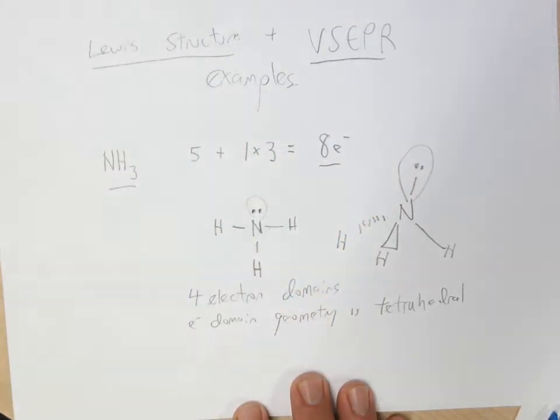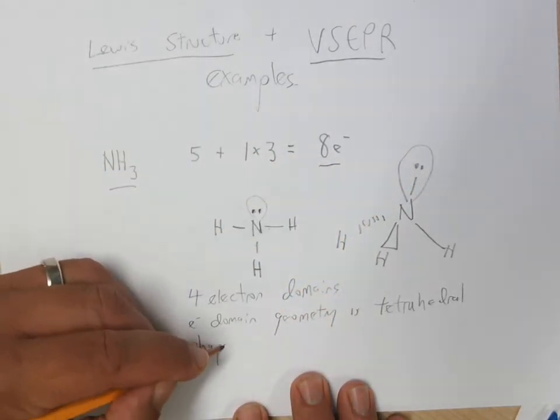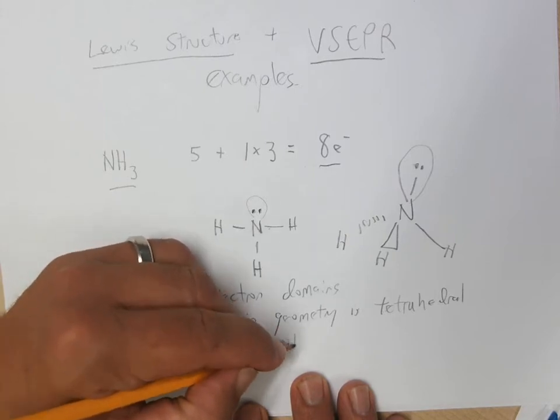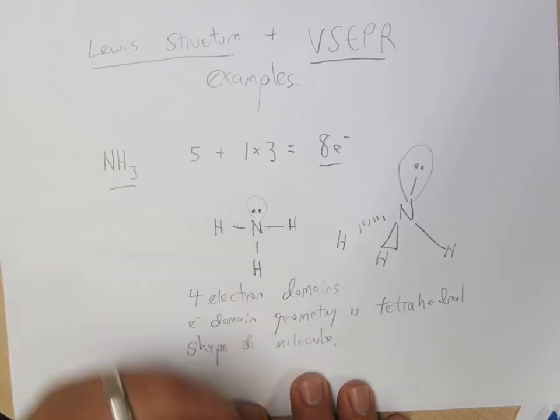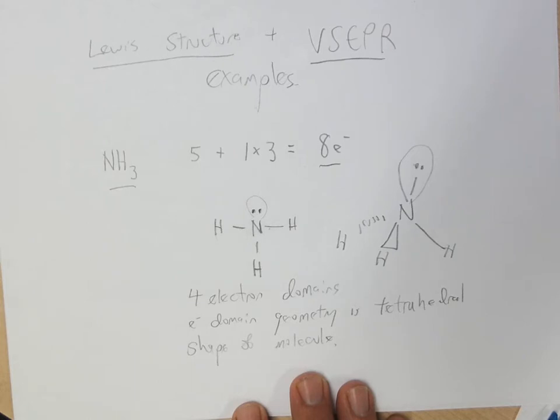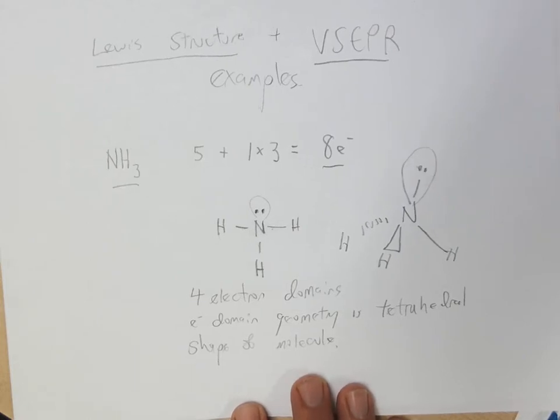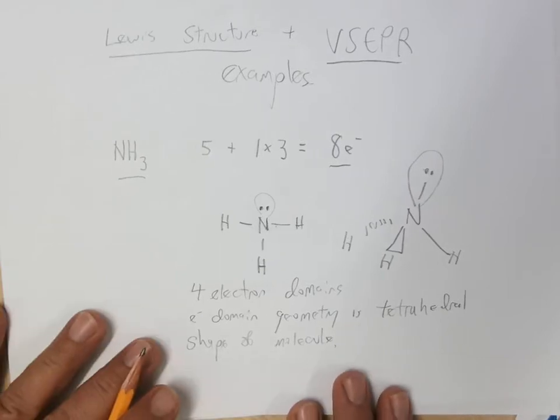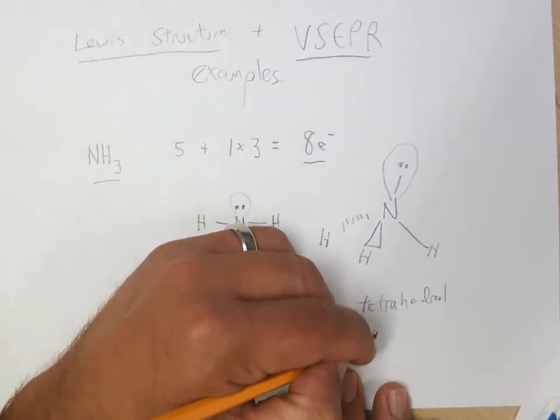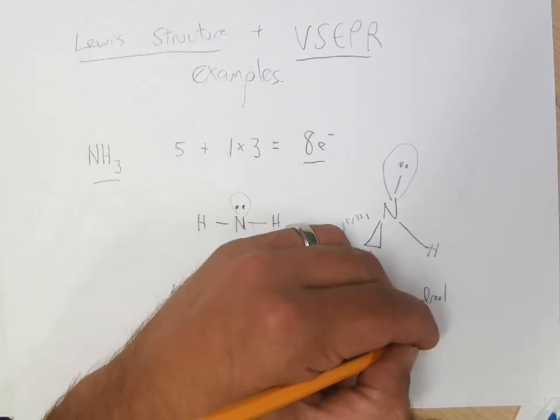So if you looked at the shape of the molecule, the lone pair of electrons would not be visible, so you sort of visualize the shape without the lone pair of electrons, and that would be called a trigonal pyramidal